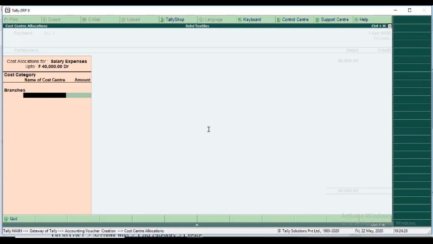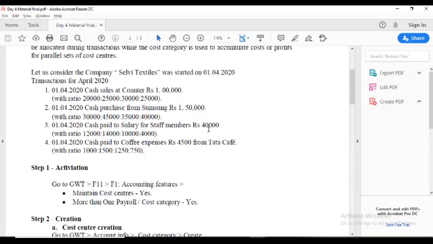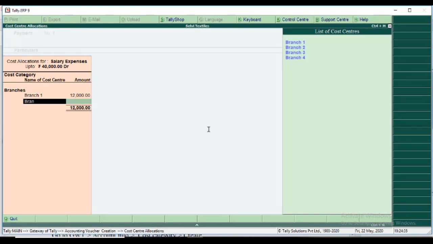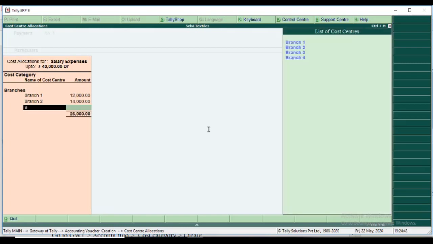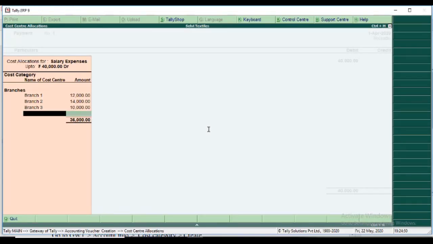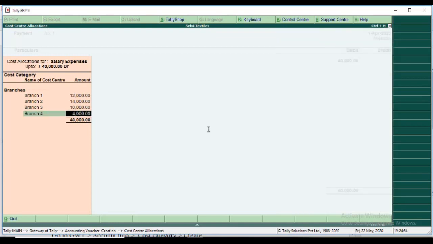The cost center name is branch 1, first amount is 12,000. Branch 2, the amount is 14,000. Branch 3 amount is 10,000. Branch 4, 4,000 comes. So enter.